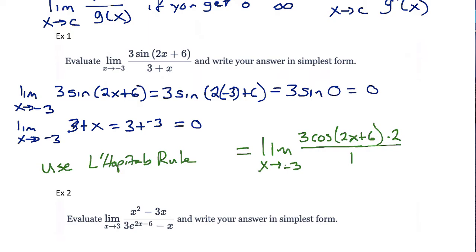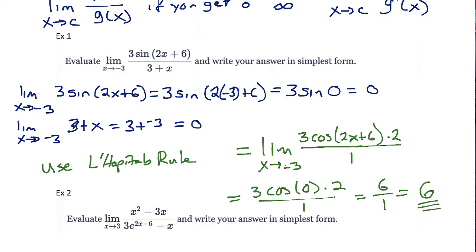So if you notice now, as soon as I plug in -3, now I actually don't have an indeterminate form. I don't have that 0 over 0 or infinity over infinity. What I have now is 3 times the cosine of 0 times 2 divided by 1. The cosine of 0 is 1. So we have 6 over 1, which is just 6. And that's our answer. But we do need to do that work in blue, and we need to do it